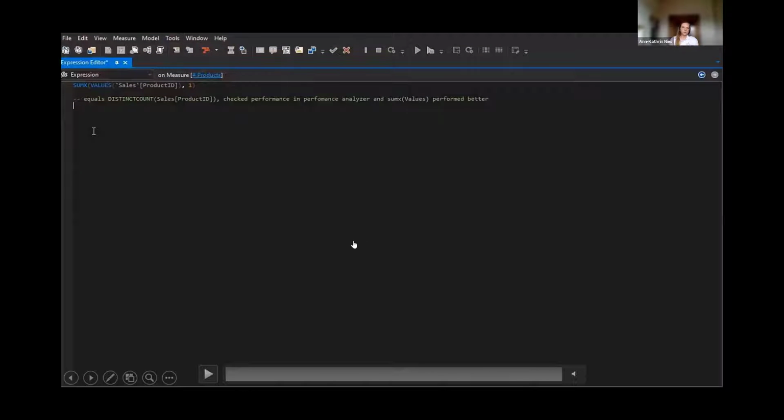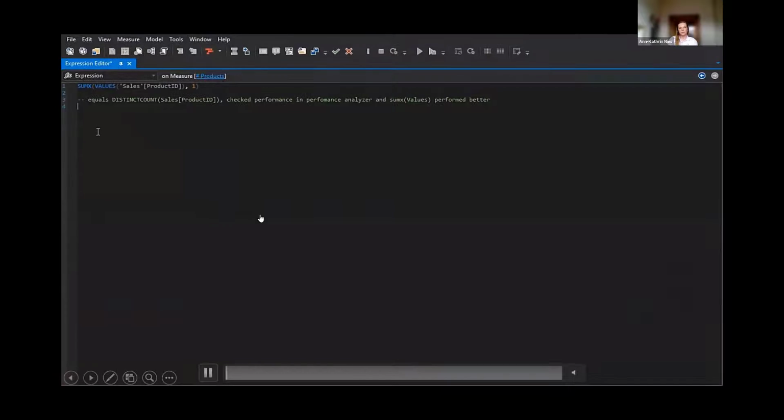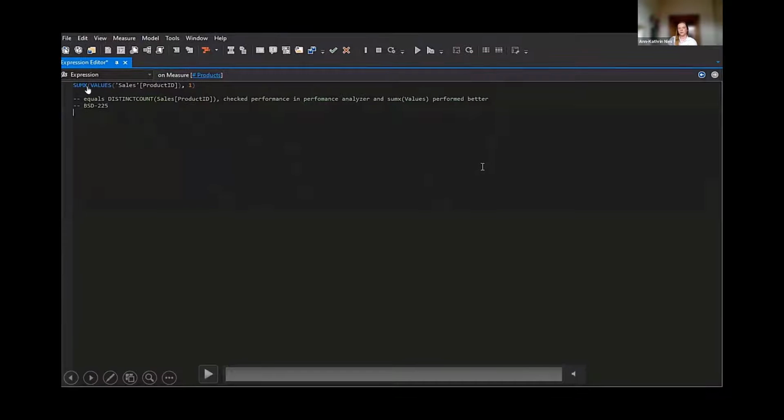So what I would do when I write a measure is, for example, it would look like this. Let's say we would want a count of the products. I could on one hand use the listing count, but I could also write the SUMX values, which basically does the same. So I would write a comment for Steffen, now that I've checked the performance in the Performance Analyzer and have seen that SUMX values perform better. So I've chosen to use SUMX values. And I've put this